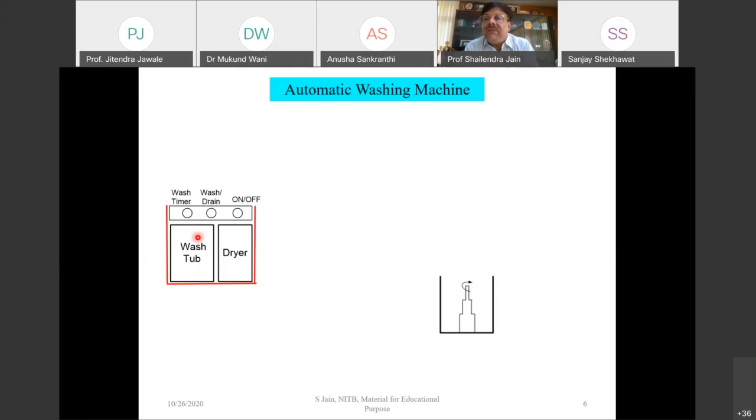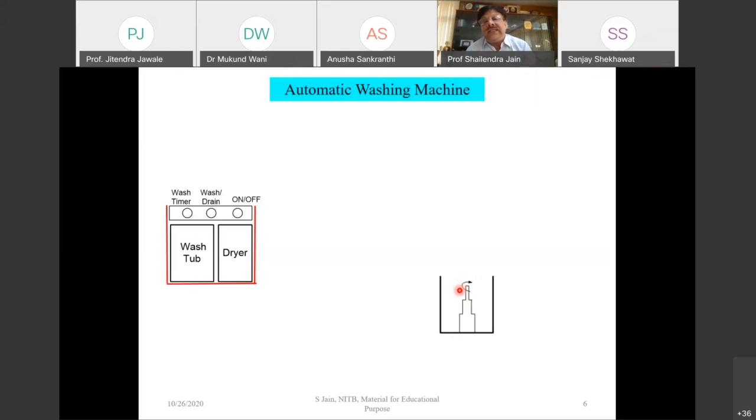Basically, if you go for a heavy wash, that means our cloths are very dirty. What you want is large rotation, that means rubbing with high force, high pressure. That is what we do in practice. That is performed with the help of this spindle movement. For a heavy wash, we allow the rotation of this spindle to a larger degree, say maybe 180 degree or 170 degree. For a gentle wash, we want slow spindle movement.